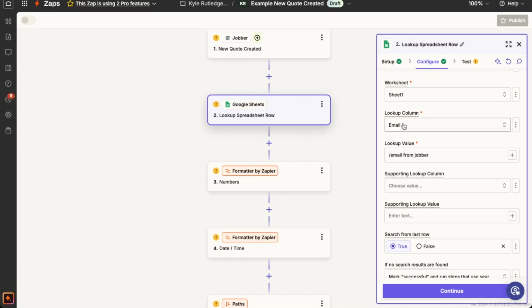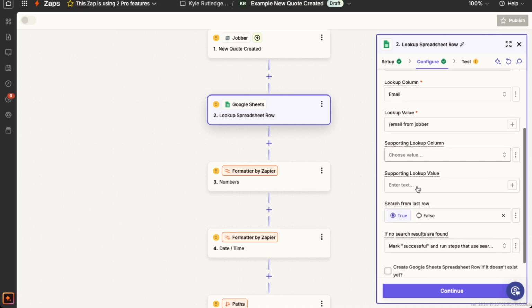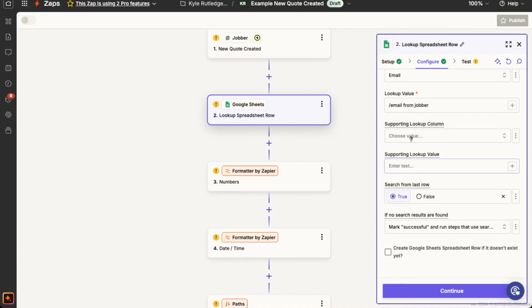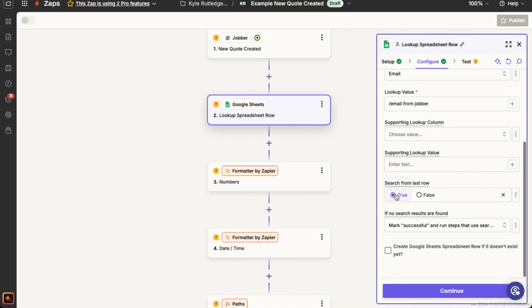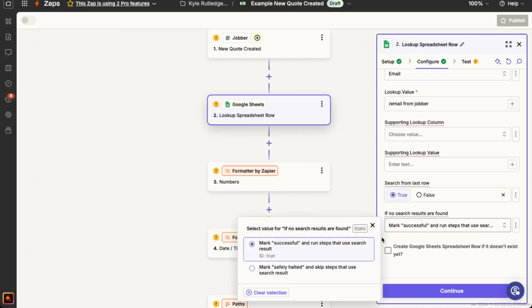It was trying to look up based off of email first, and if it didn't find it, then the phone number. It was doing a combination of the two, and it gave us some inconsistent results. So I skipped the supporting lookup stage altogether. I searched from the last row because your list will probably get pretty long, and it's more efficient to search from the bottom up. And then I have this marked as successful and continue running the results here